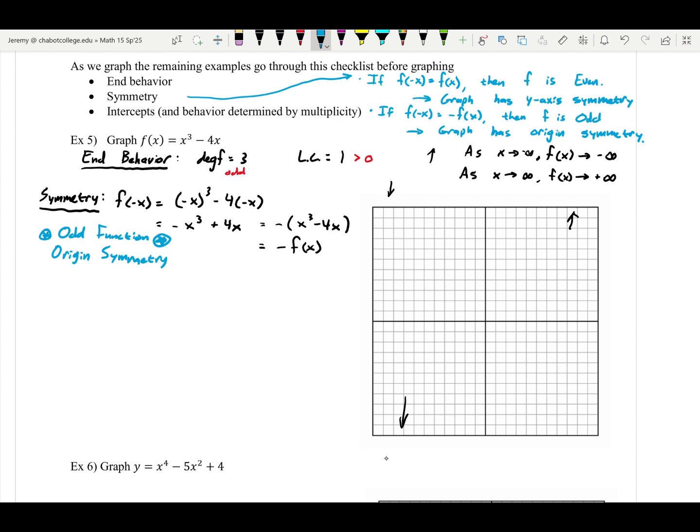All right, so whatever's happening on this side of the graph, it's going to be reflected around the origin. Okay, so we should have symmetry that looks something like that. Okay, but end behavior and symmetry, these are just sort of broad impressions of this graph. Once we get to intercepts, this is where we're getting into the details. So intercepts,